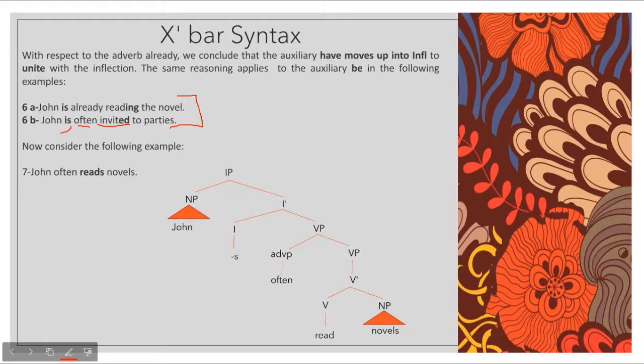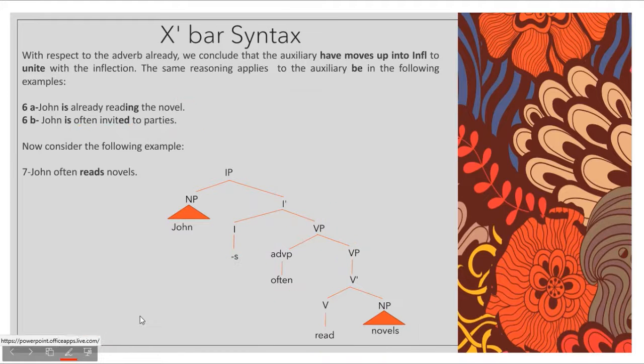Now consider the following example. John often reads novels. Okay, it's an IP. It has an I-bar, and the I-bar has the morpheme s. We have the VP of the adverb and the VP of the verb and the complement. So this s